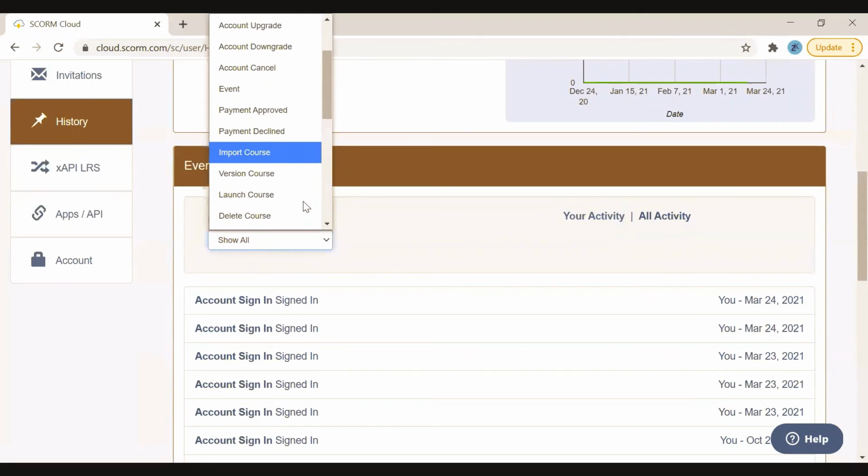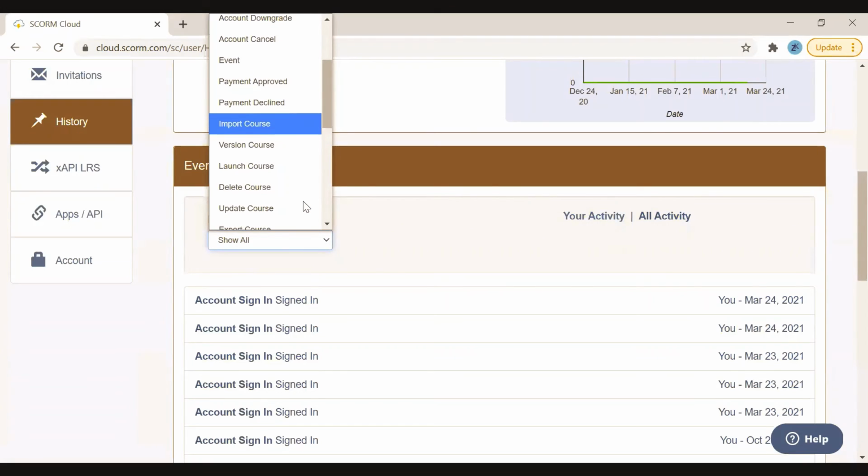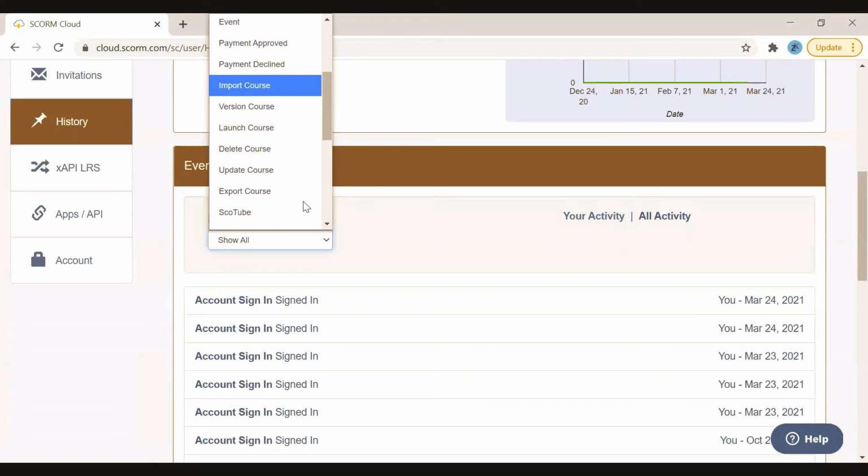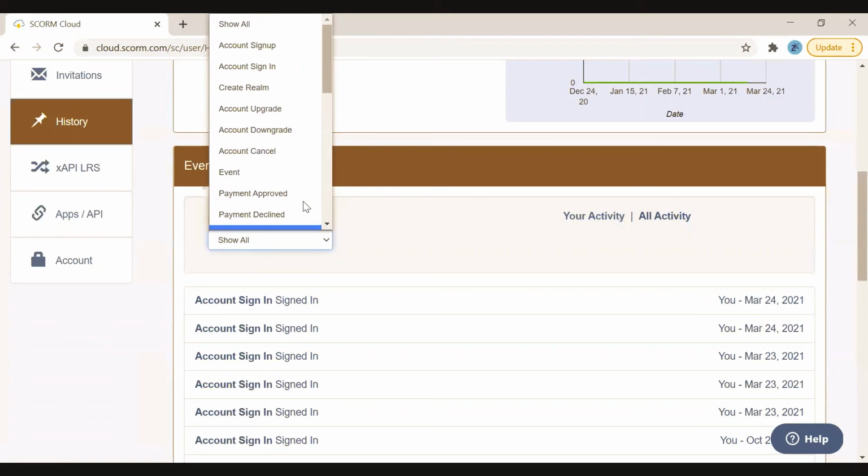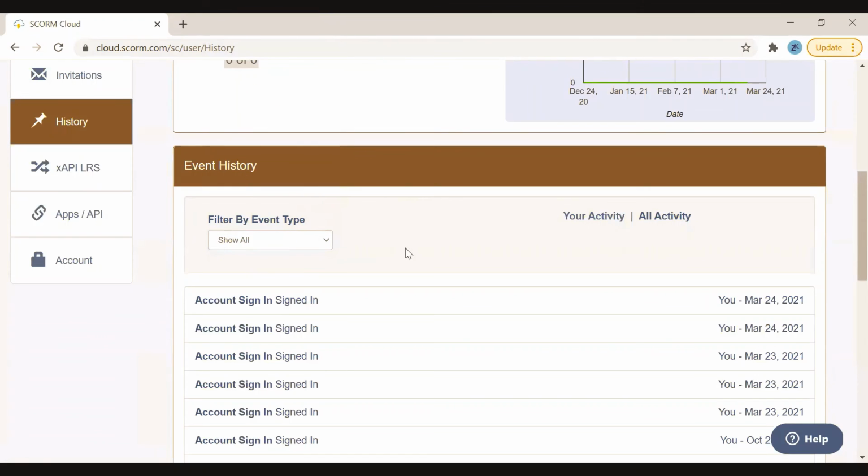it gives me all the options that are available in order to view the course, or to do something with the events, or to do something with account sign in and sign up options. So basically it is a summary of everything available in regards to the Scrum Cloud application.